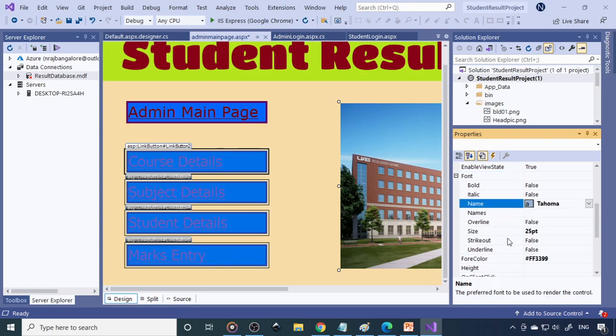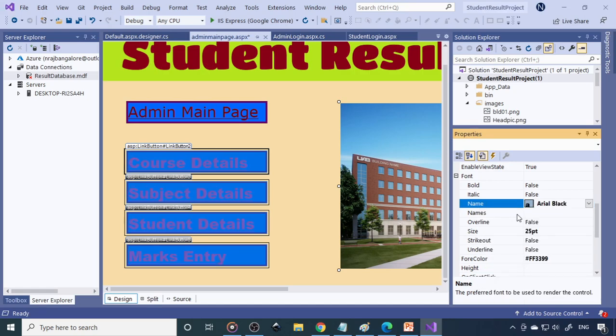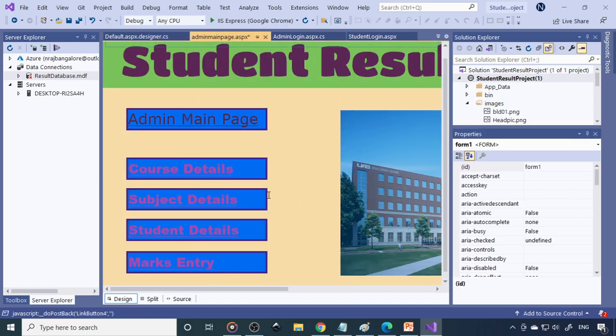Okay, Arial Black, a little bold. Then here is the size. We can make it bigger or smaller. Let me make it 22. This will do the job. That's how you can change the properties of all the controls at a single stretch.